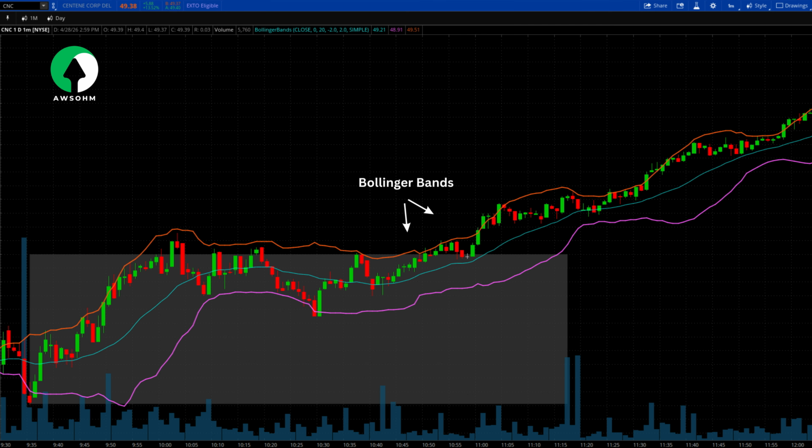Summary of her no-hype visual rules. 1. Clean charts. She uses minimal indicators, mostly just Bollinger Bands and structural lines. 2. High volume areas. She looks for where price stalls and builds a base, the box. 3. Repeatable distance. She treats the chart like a ruler, measuring old moves to find new targets.